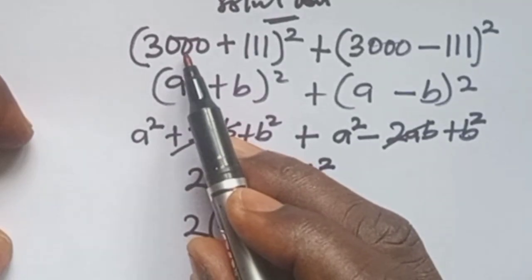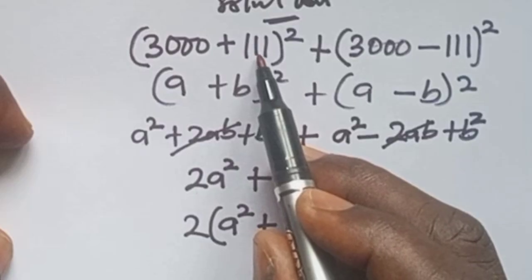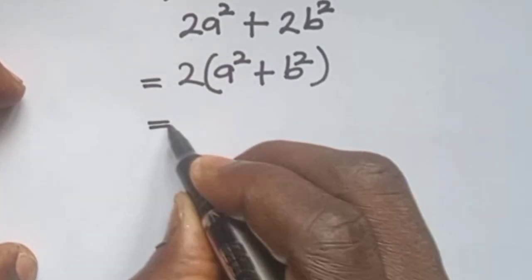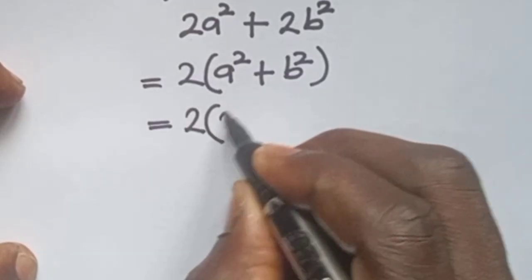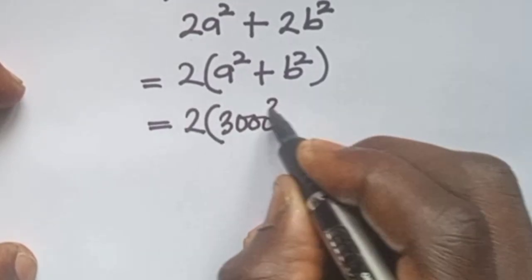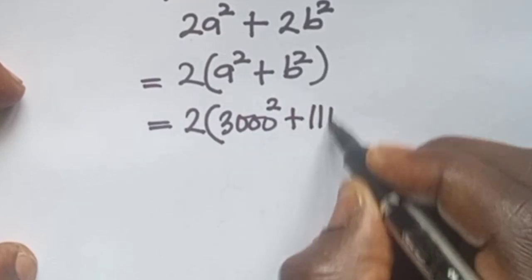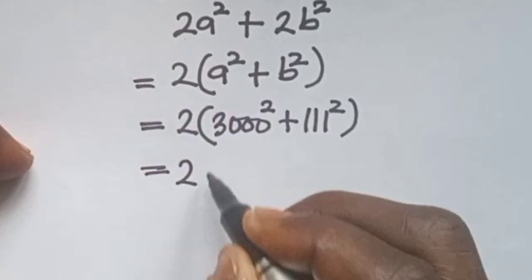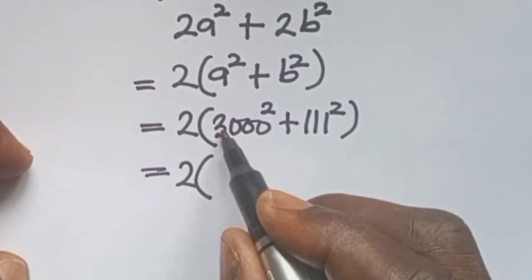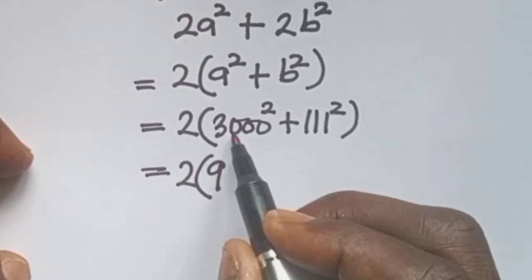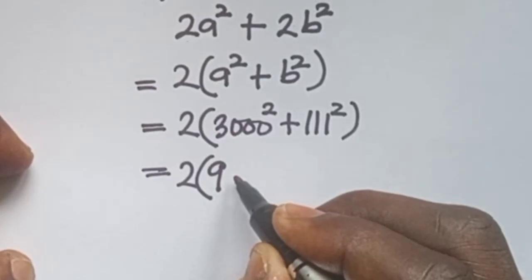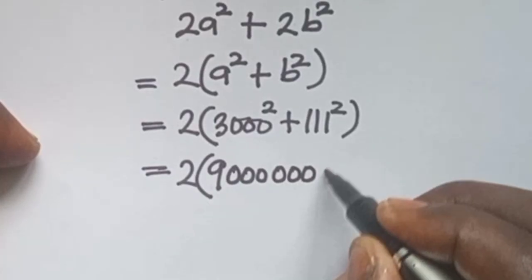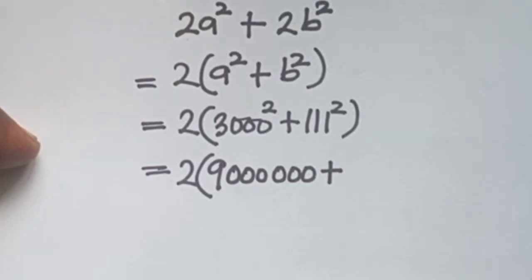But A is 3,000 and B is 111. So that is equal to 2 into 3,000 to the power of 2 plus 111 to the power of 2. And in the next line, 2 into 3 to the power of 2, that is 9. The 0 will be written in 2 places, that is 6 zeros: 1, 2, 3, 4, 5, 6, plus 111